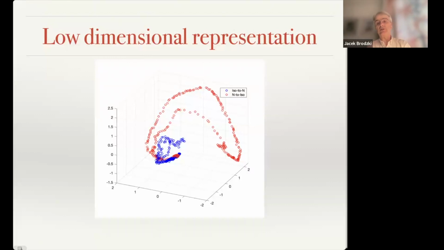And in fact, once you have a metric space, you can use a low-dimensional embedding to represent what's going on in this evolution as a path in three-dimensional space. So here we have, if you like, the evolutionary path taken by the system. The red dots describe what happens as it goes from the nematic phase to isotropic, and the blue dots, what happens if it goes in the opposite direction. So that's exciting. As I say, it does indicate something new about the time evolution of this physical system, which was not